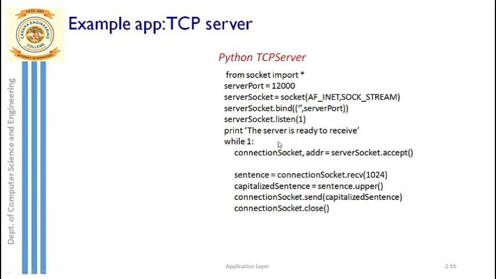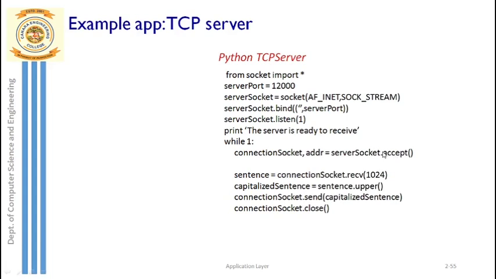Now you simply print a message called server is ready to receive. That means the server has accepted the request of client 1. So once the connection is accepted, you can see here in the second part of the server, the second socket should now be created. So how is that created? Using the function accept. So here the welcome socket is created first. Now using this welcome socket, you accept the request.